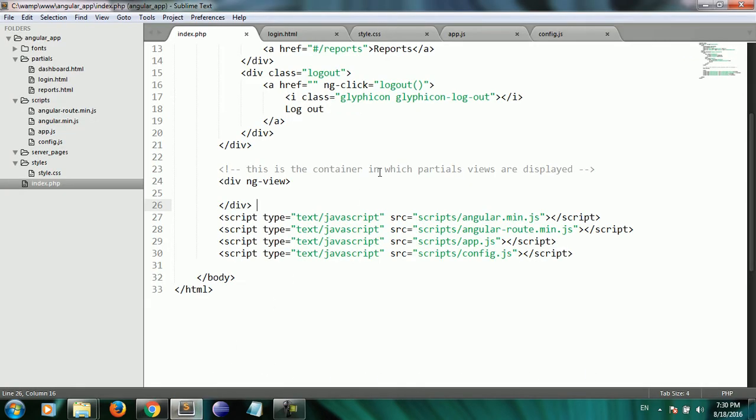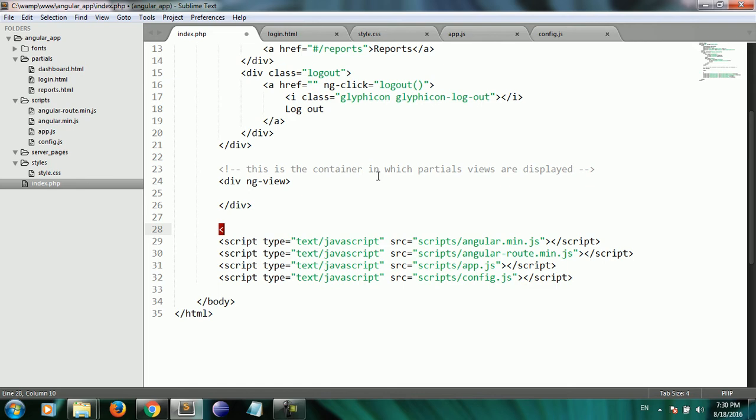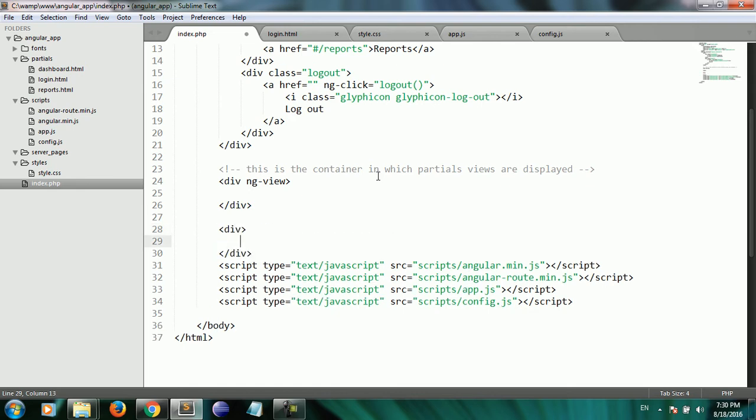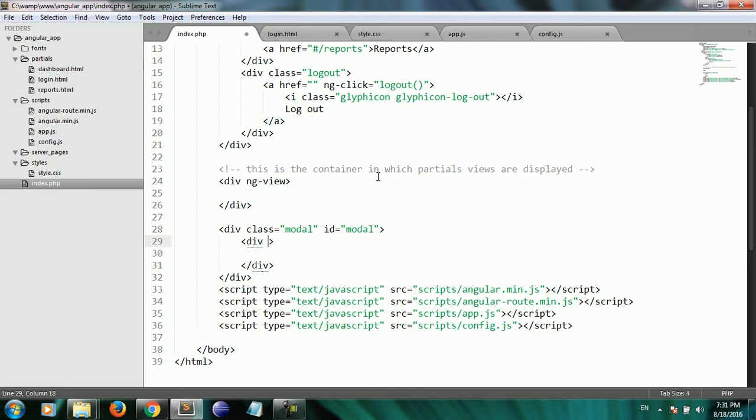Now I go to the index.php. Here I create a div and set its class attribute to model, which has been defined inside the styles.css, and also its ID to model. Inside this div I create another div. I set its class to model content,